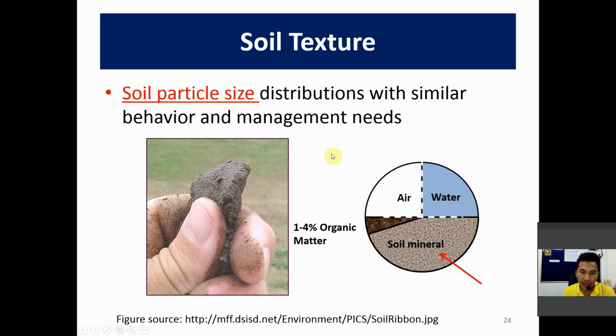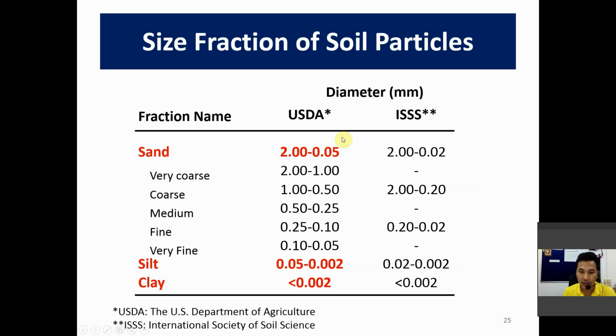But I'd like you to take a look here: what is the meaning of soil particle size distribution? Basically, the systems that we use, we have more than these two. The first column is the USDA, the US Department of Agriculture, and the second column is the International Society of Soil Science. They have different systems to identify sand, silt, and clay. But anyway, you can see that in Thailand we normally use USDA. So the class that you are watching right now also relies on the USDA system,